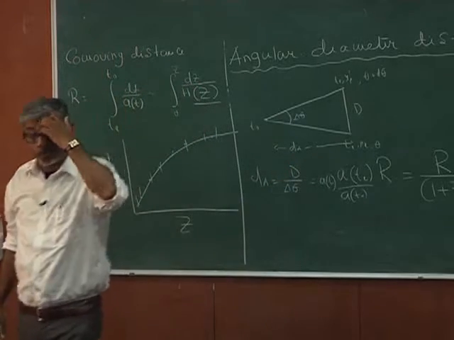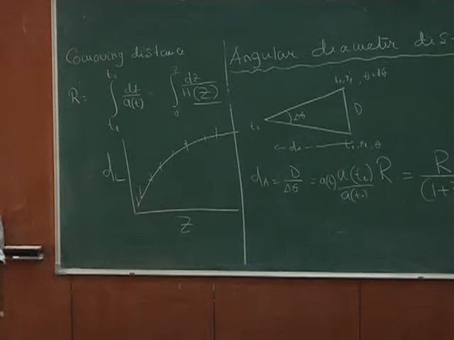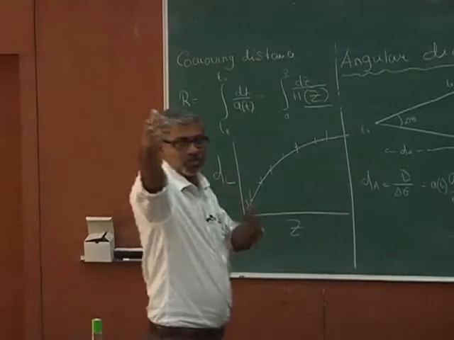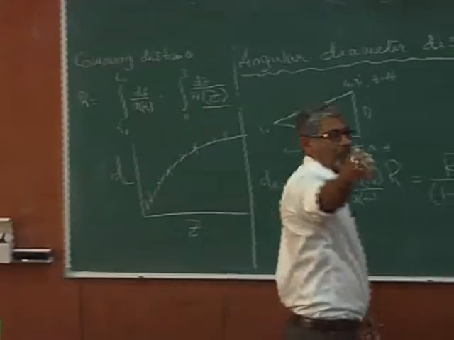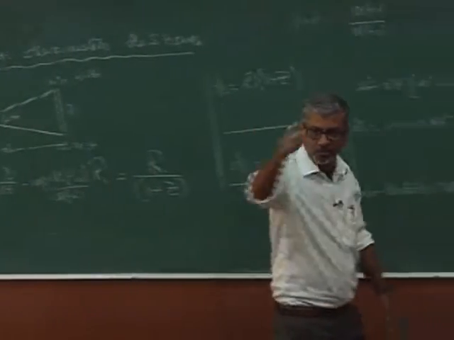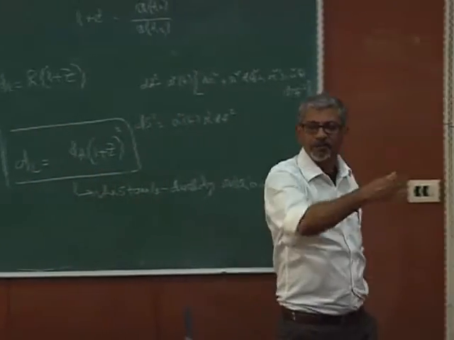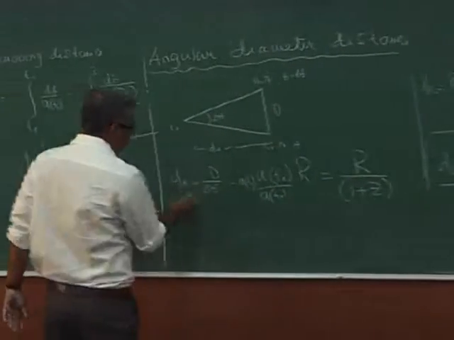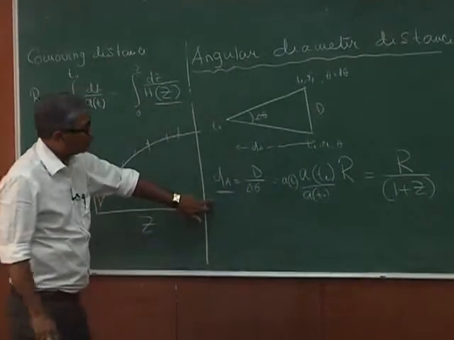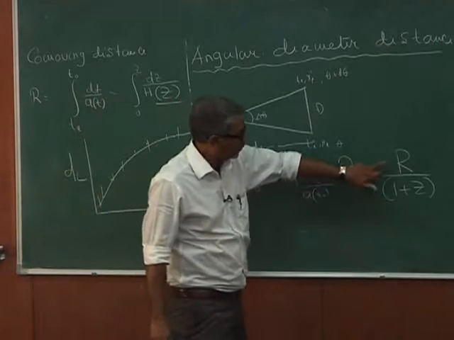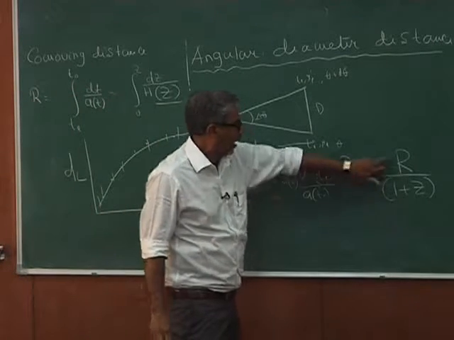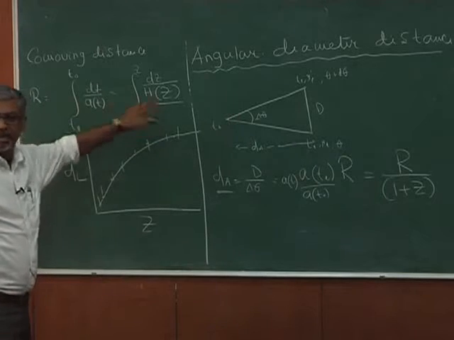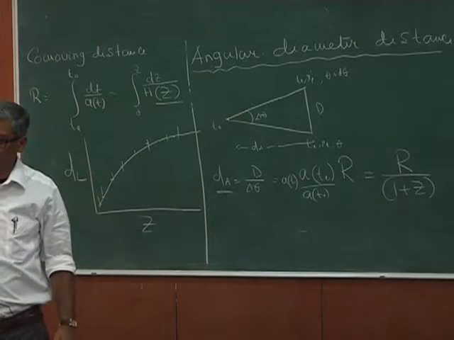The baryon acoustic oscillation, he also told, is the same thing. The CMB we see at redshift 1000, but this same oscillation we see in the baryons; all these oscillations are there at defined redshifts, fine. So, those give you a handle to calculate this dA, and if you have this dA, this is theoretically related to r by 1 plus z, and r is again related to the cosmological parameters, and I can constrain them.